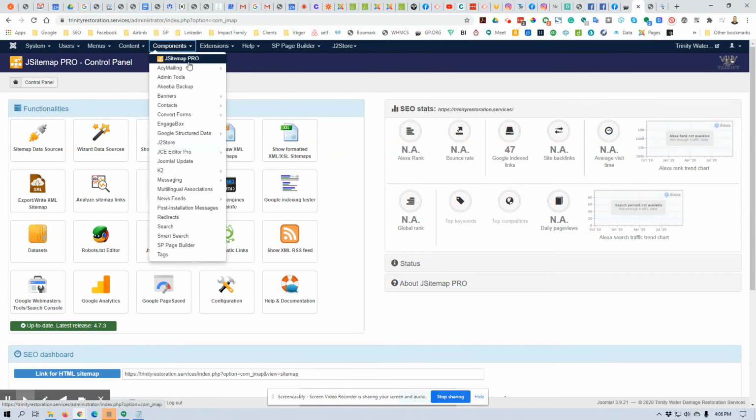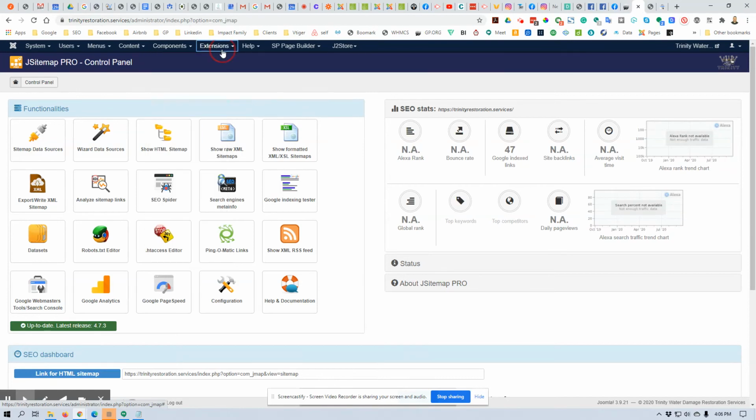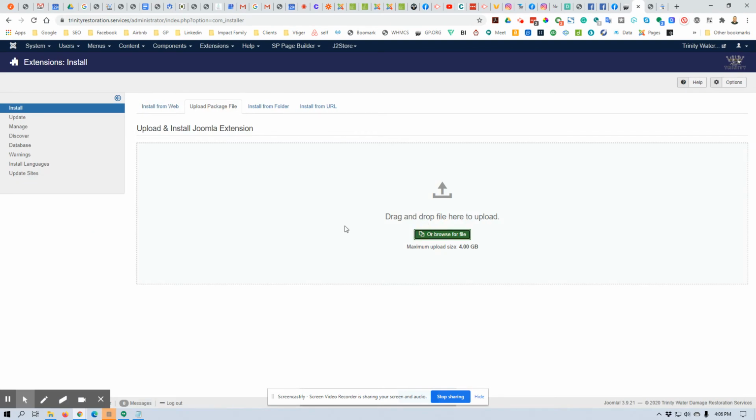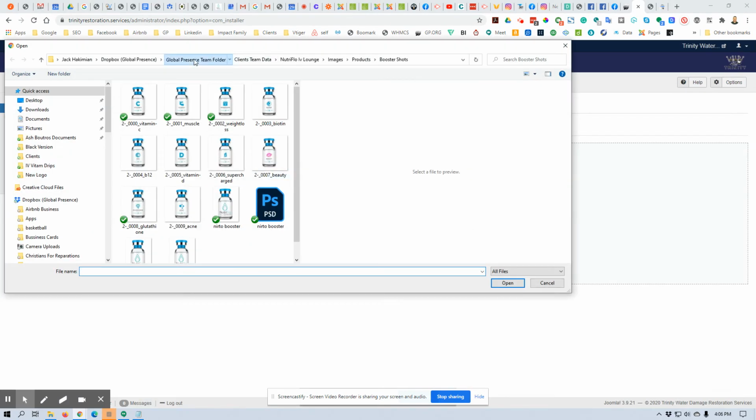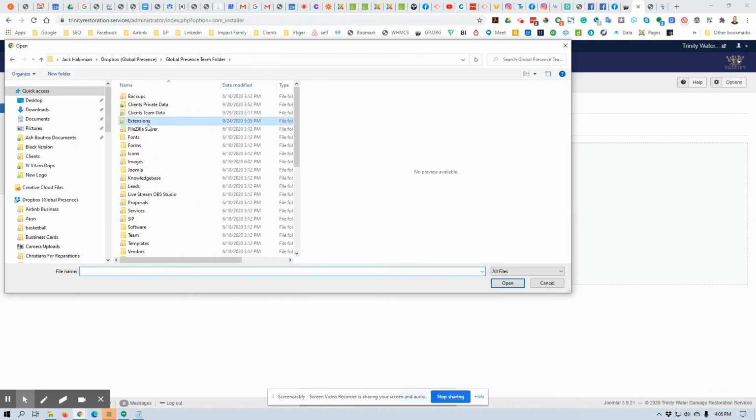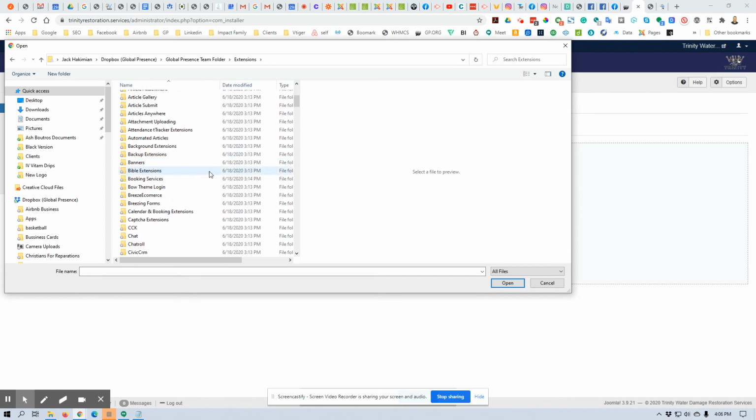First thing we do is upload JSite Pro. We go to extensions, install, and I'm going to give you guys access to our extensions folder on Dropbox, everyone on the domain globalpresence.org, and then you'll find